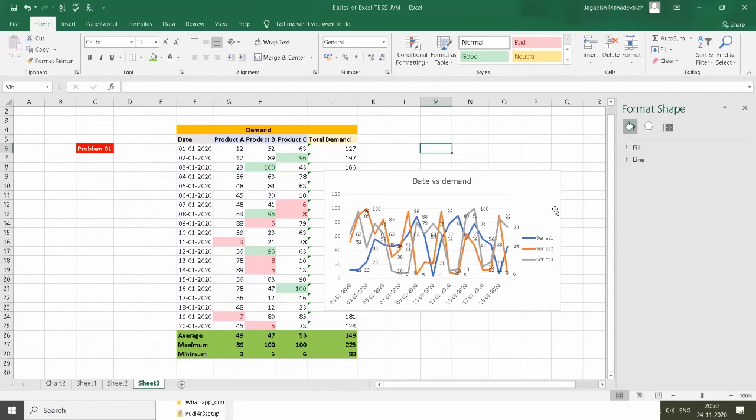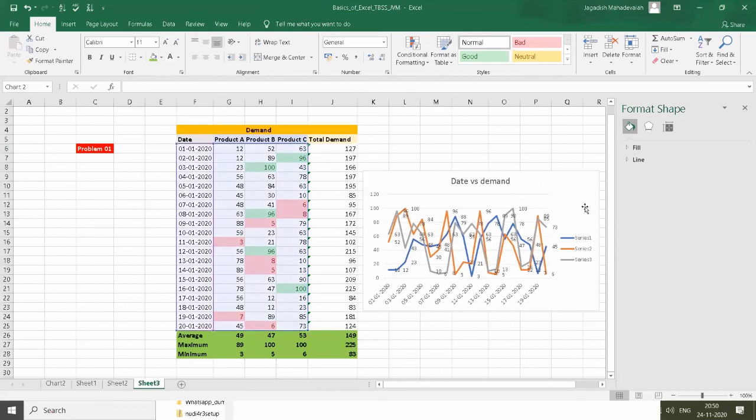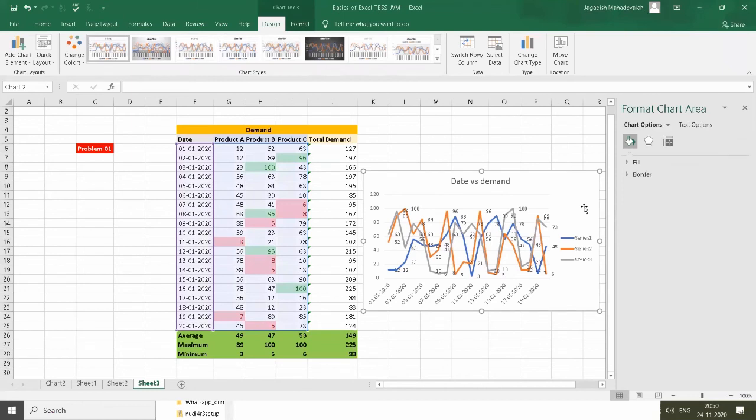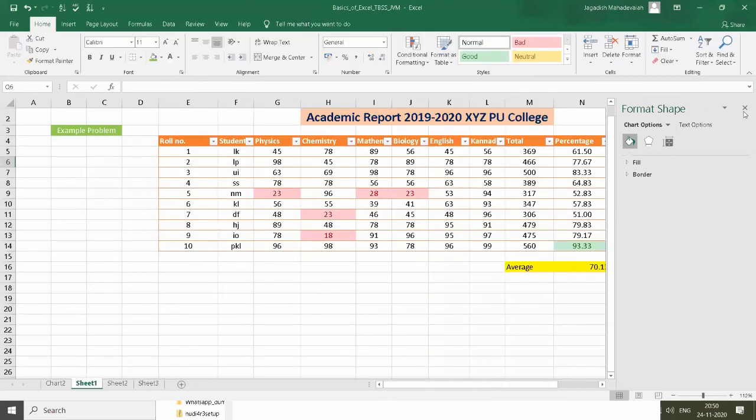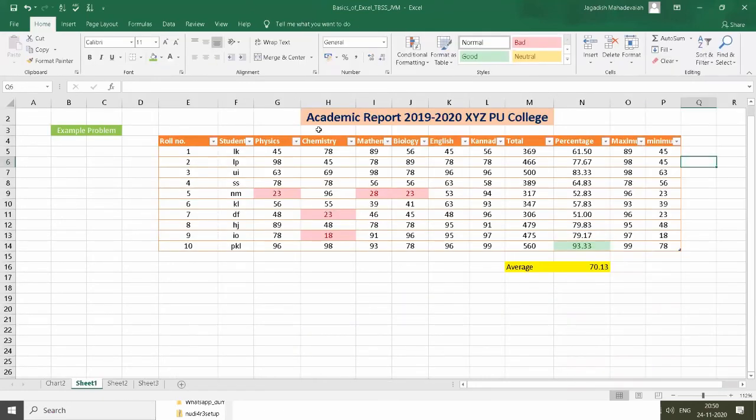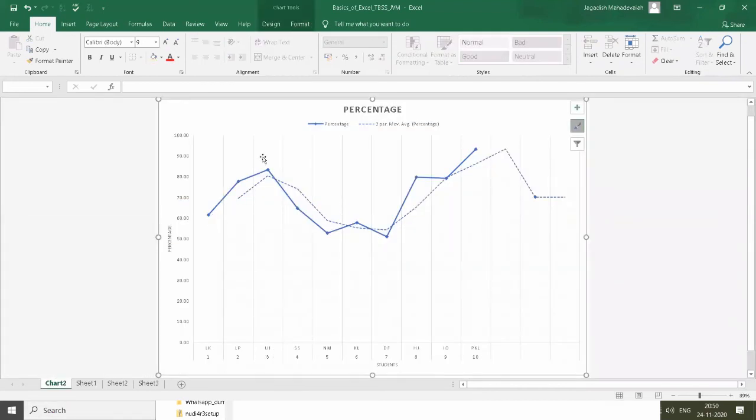So this is a short basic introduction to Excel. You can do a lot more things, but due to time constraint, I'm not able to demonstrate those things. I hope you enjoyed this session, and yeah, this one is just an example. You can have a look at it, like how the college authority will use this Excel to analyze the record of each and every student. The same way what I did now. Yeah, this graph is plotted percentage versus students.